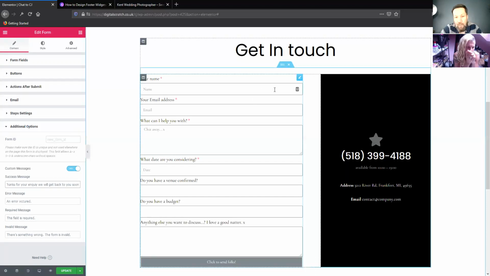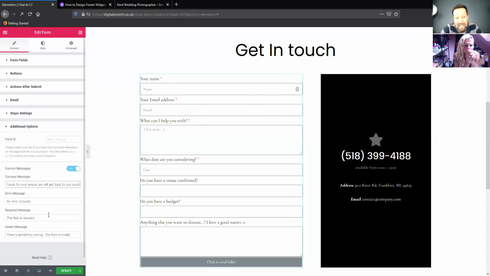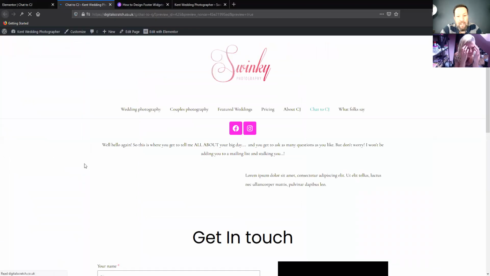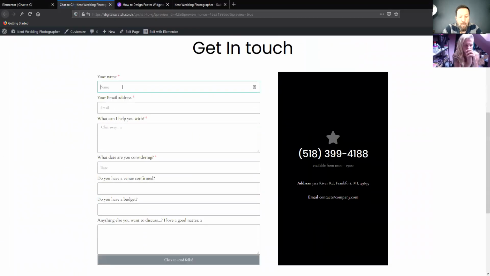So if you set any of your fields to be required, which you can see these ones with the red asterisks are, if they don't fill them out, it will just tell them that they need to fill them out. If we update that, and just very quickly go and have a look on the front end, if we fill your form in,